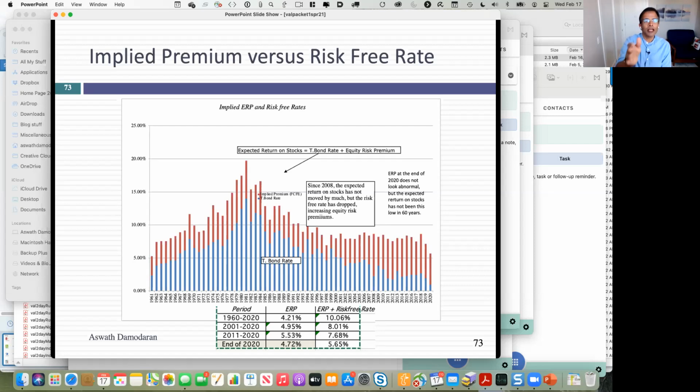So here's how I'd state it. Given where bond rates are, stocks look okay. But if you take that given where bond rates are out of the equation, then you really have an issue of what exactly do you do? That's why I think the focus should be on the bond rate, because until that number comes to a higher value, this is the best you can do. Earning 5.65% sounds awful until I tell you, if you don't do that, you're going to make 1%.